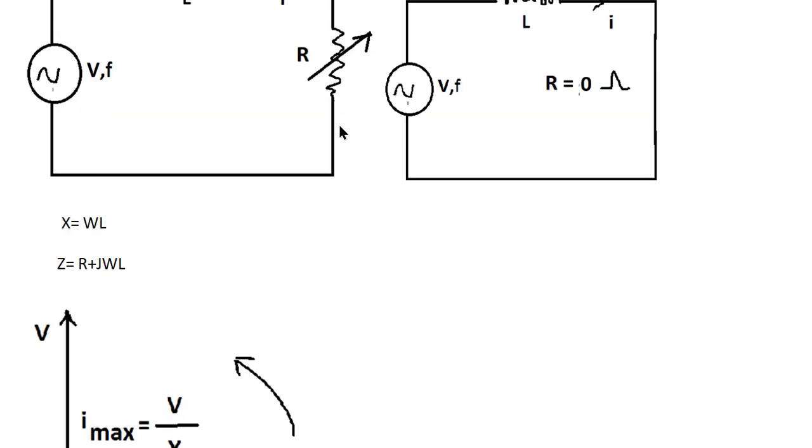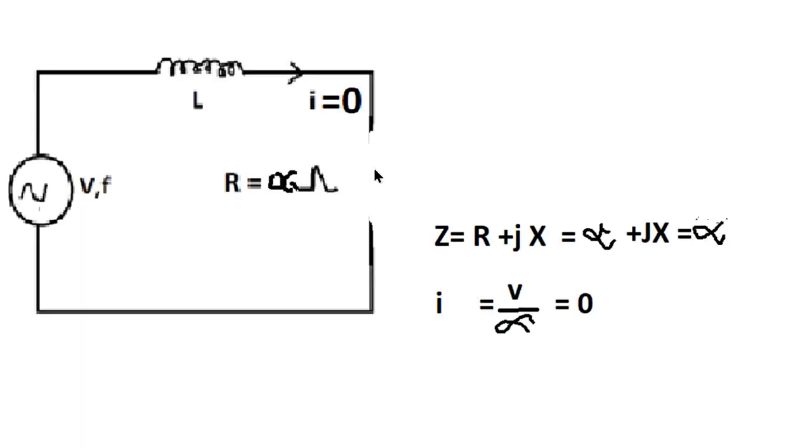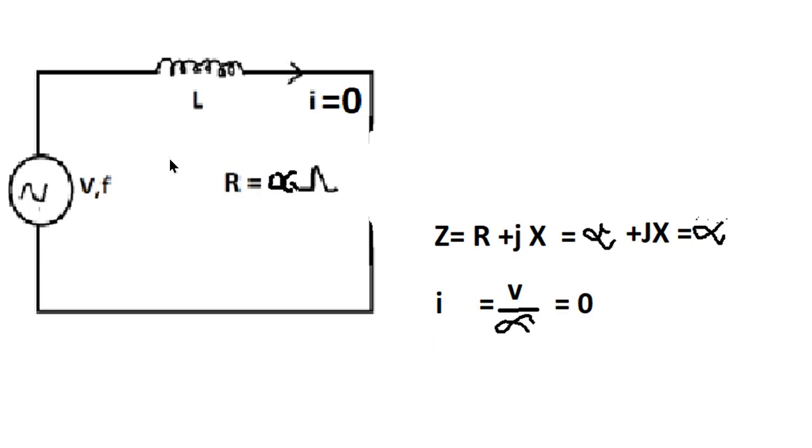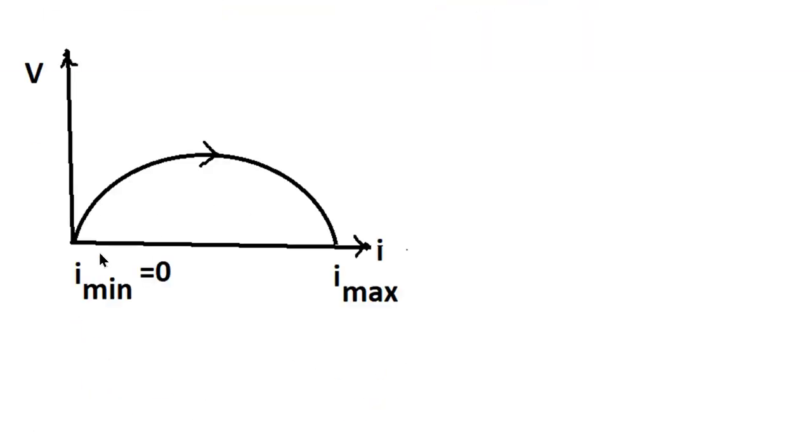So what is the other extreme condition? R is equal to infinity. When R becomes infinity, then the circuit will become an open circuit like this. Then Z becomes R plus jX, that is infinity plus jX, that is infinity. Then the current becomes I is equal to V by infinity, that is equal to 0 amperes. So then we can show this 0 point here. That is nothing but 0 current here. And when we show that on the locus diagram, we can show like this. This is the I minimum, that is 0, and this is the I maximum. And this I maximum happens when R is equal to 0, whereas I minimum occurs when R is equal to infinity. In between,